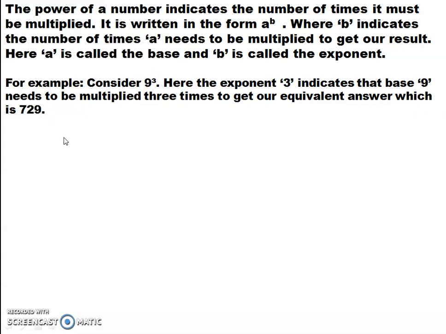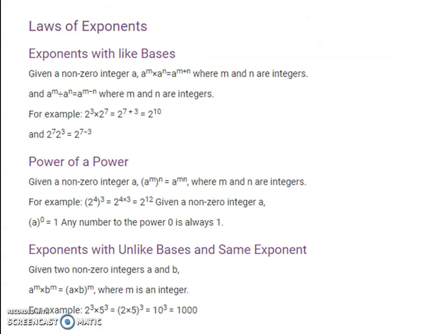Students, these basic things you have learned in class 7. And in class 7, you have learned about laws of exponents. The same things you are learning in class 8 also. The only difference is that you have negative exponents. So let's go through the laws of exponents. You have product law, you have quotient law.